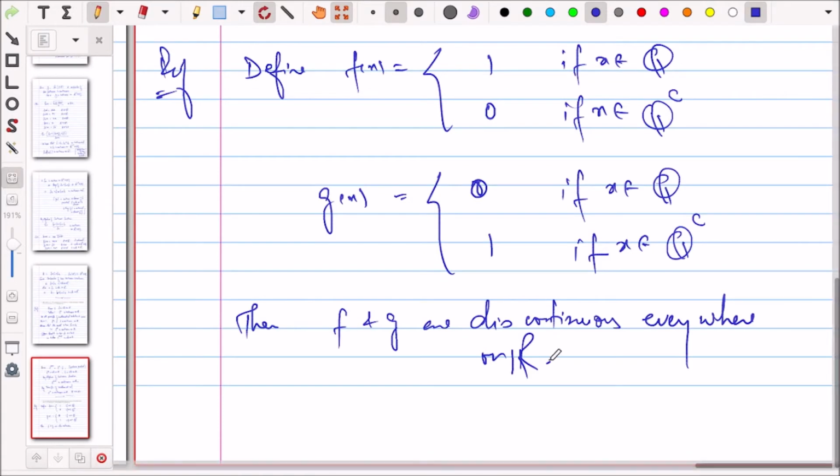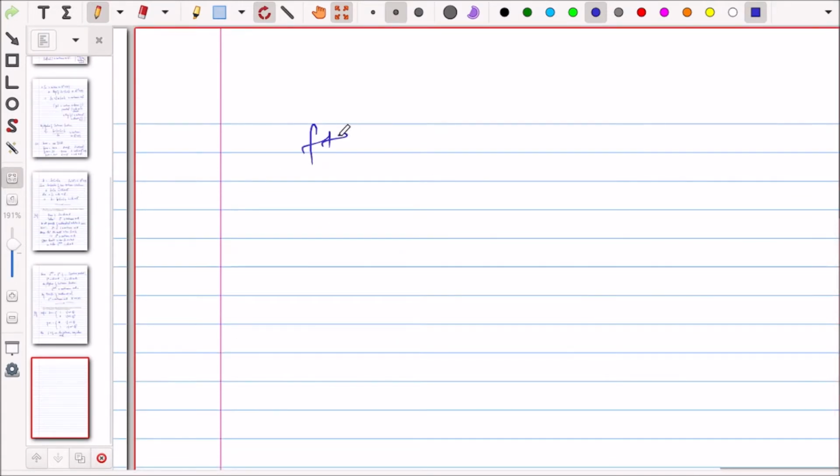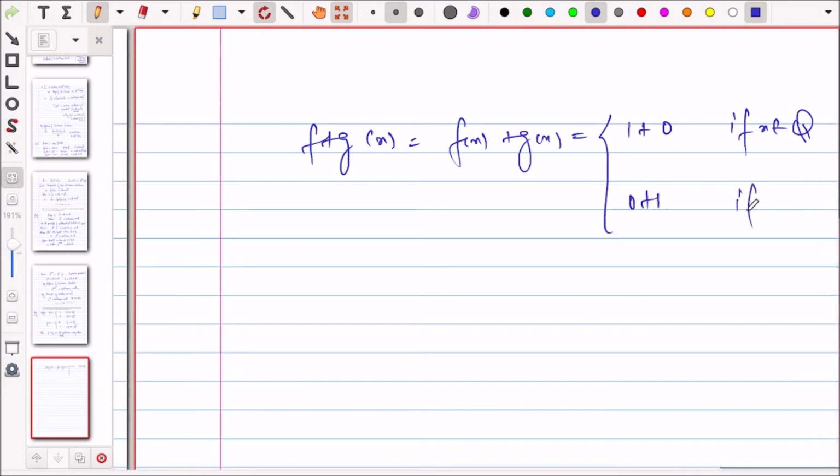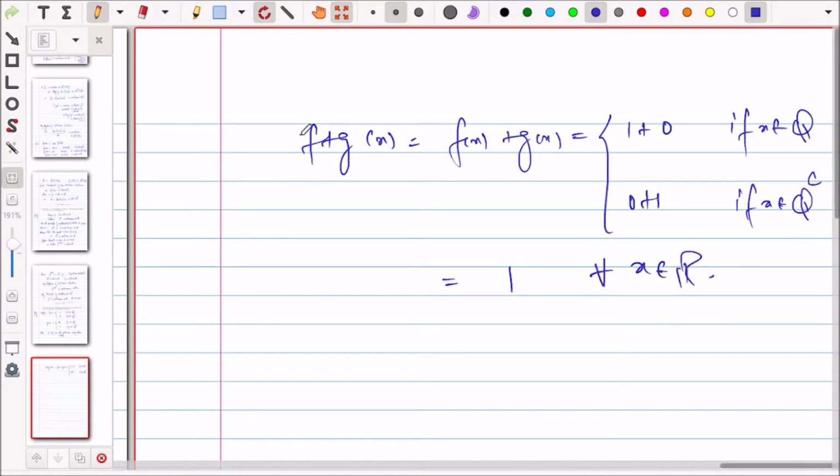Now what you can do is, (f plus g)(x) is equal to f(x) plus g(x), which is equal to 1 plus 0 if x belongs to Q and 0 plus 1 if x belongs to Q complement, which is equal to 1 for all x belonging to R. So f plus g is a constant function,